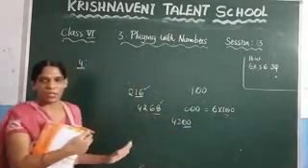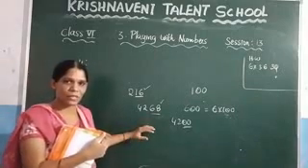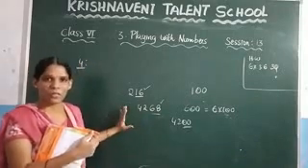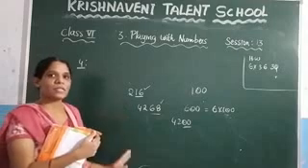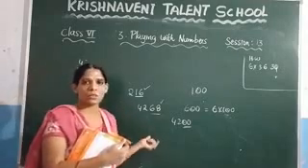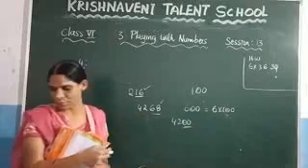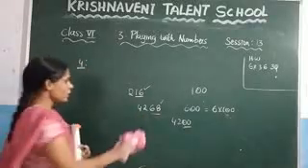So what is the divisibility rule for 4? You need to check the last 2 digits of a number. If the last 2 digits of a number are divisible by 4, you can say that that number is divisible by 4. And again, if the last 2 digits are zeros, then also we can say that the given number is divisible by 4. Now, see the divisibility rule for 8.